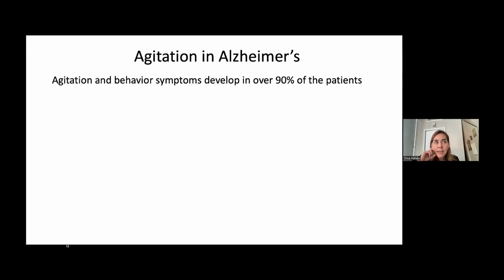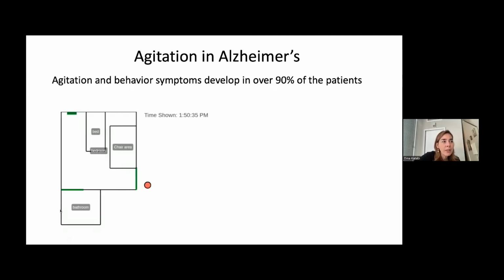So we know that in Alzheimer's, the vast majority of patients have behavioral symptoms, and agitation is quite common. Now, it's very hard to quantify agitation today because it's hard to quantify any behavioral symptoms. So let me show you this patient. This green box here is our device. This red circle here is the patient. I'm going to play this video, and you're going to see the patient going back and forth between entering the door, getting to her bed, and getting off the bed. This is a patient who's in her 80s.